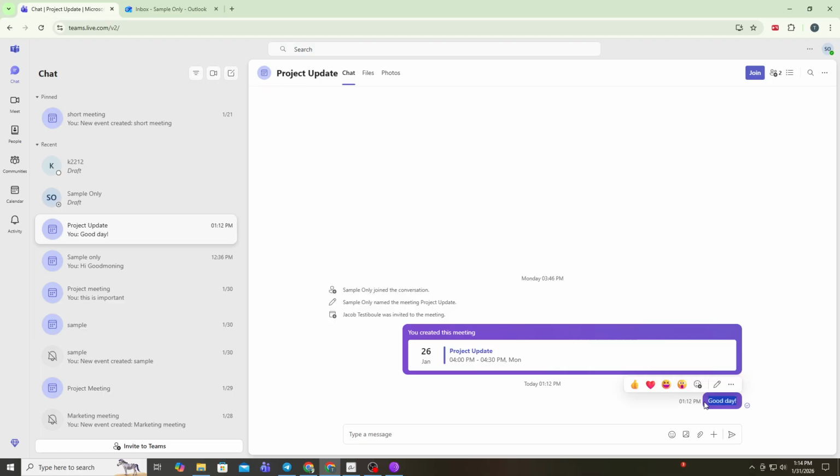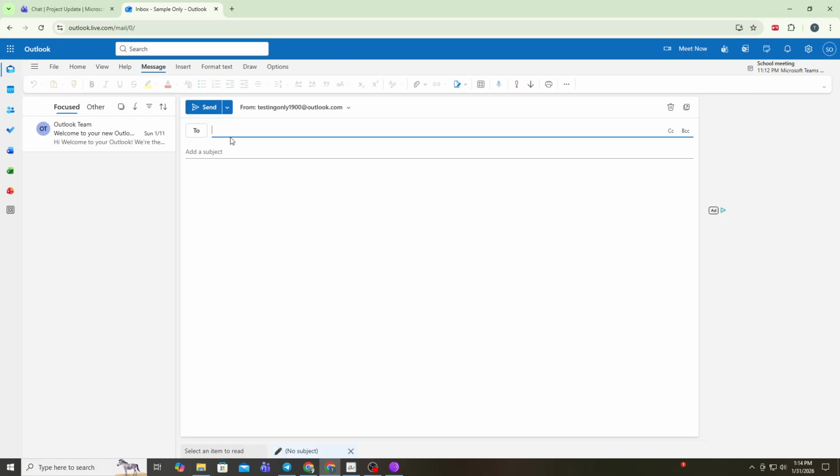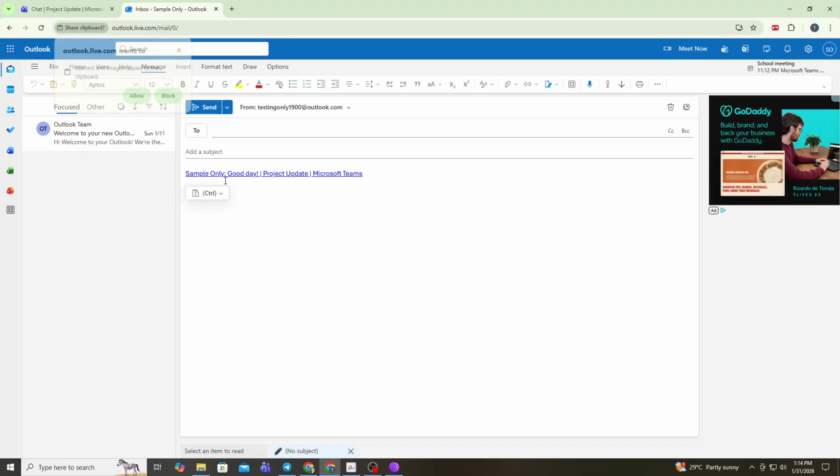message text itself. Now, open Microsoft Outlook and create a new email. Paste the copied content into the body of the email. If you copied the message link, the recipient can click it to open the conversation in Microsoft Teams, as long